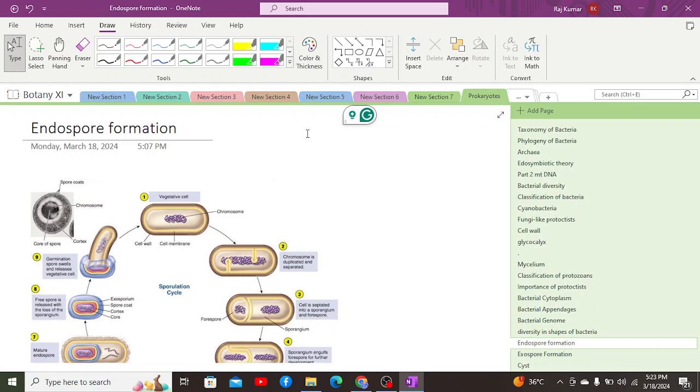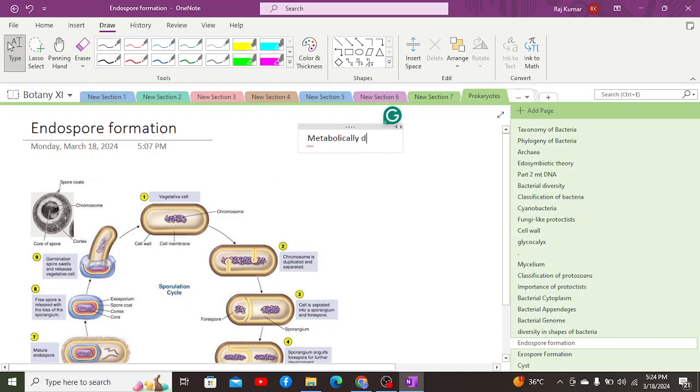But in unfavorable circumstances, such as temperature change, high or low temperature, high pH, chemical changes, desiccation, ultraviolet rays, or antibiotics being attacked on bacteria, they tend to change their structure and form